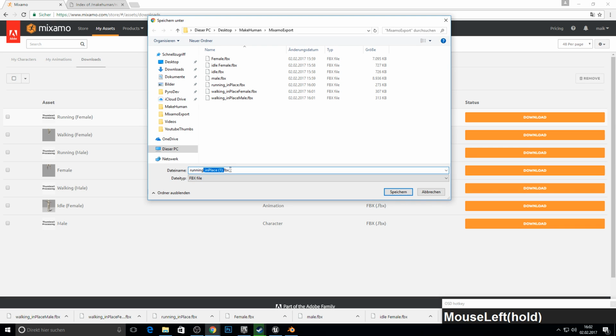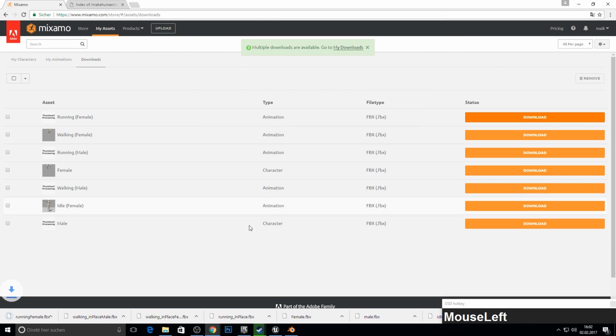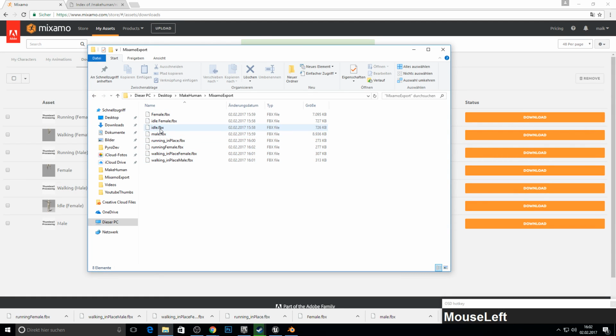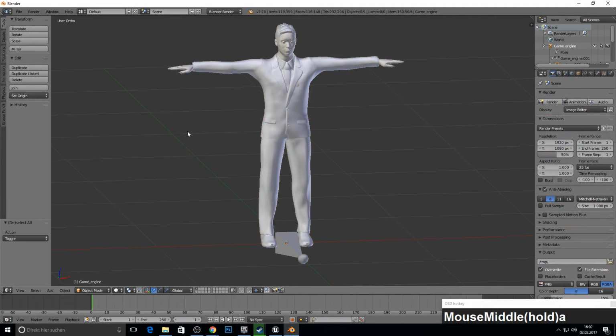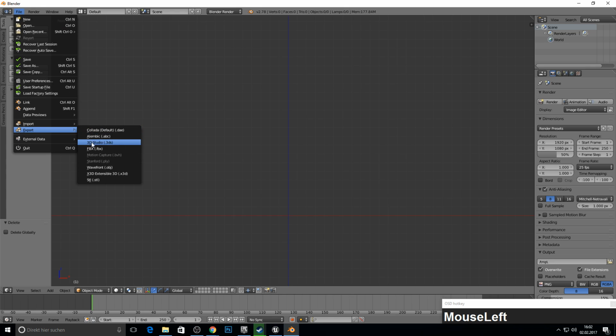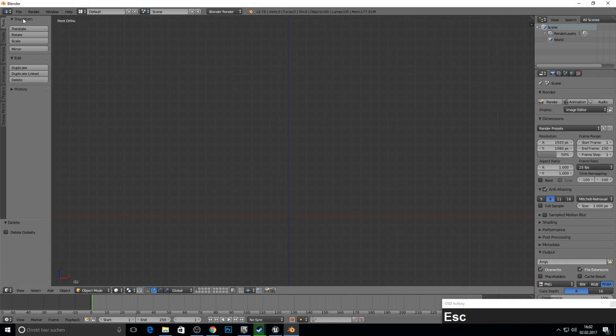So this is the last one. I call this run female. So we have now, I think, 6 animations. Should be 6 animations and 2 base characters, so 8. Okay, that's correct. So here we can delete everything in Blender. Just point 1. And now we export. We import